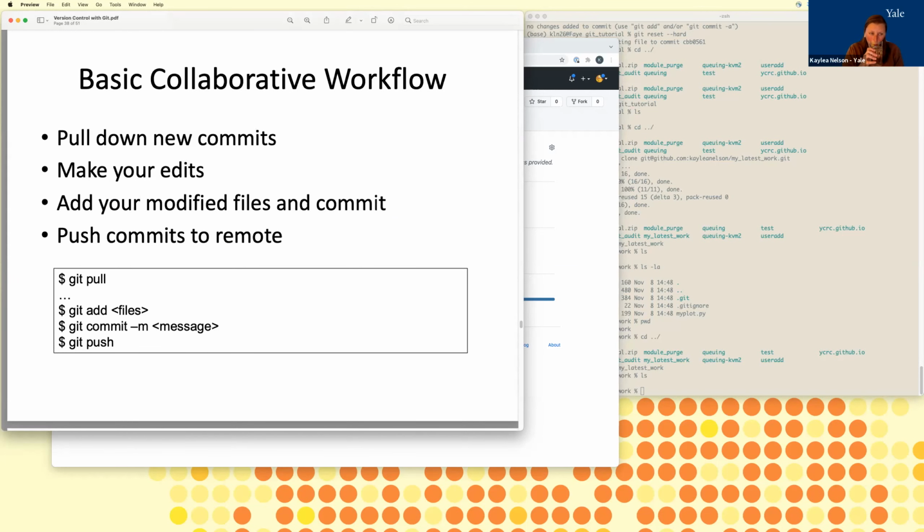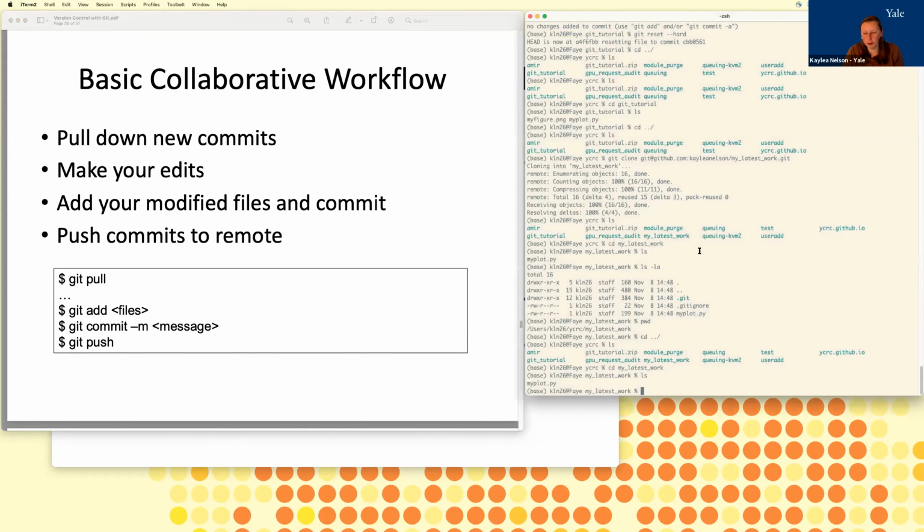So the basic workflow is, excuse me, there's now one more command. We're up to 4 now. Before you start working, you do a git pull, which is the opposite of a git push. And so that reaches out to GitHub and it says, hey, are there any commits I don't have? And if there are, it downloads them for you and integrates them into your local repository. And then you work on your code, make whatever edits you want. And then it's the same: git add your files, git commit your message, and then git push to send that up to the